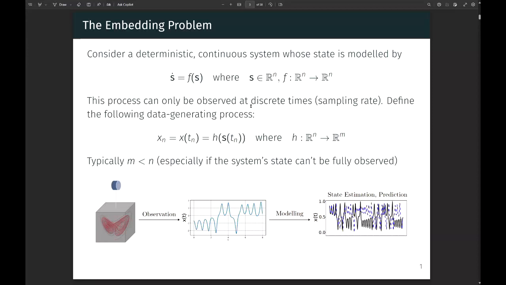When we observe things, we inherently decrease the dimension somewhat, which means we lose some information. And we want to then predict the future state of that via some kind of modeling process. But the main issue we need to contend with is in observation, we basically reduce the dimension a lot. How do we deal with the fact that we have this dimension reduction and how do we compensate for that?